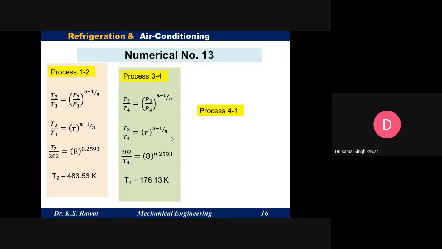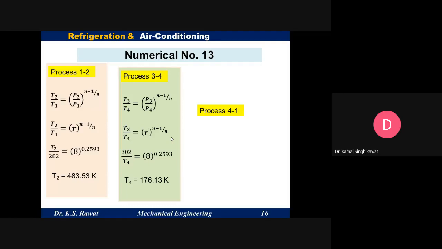So for the process 4 to 1, is the refrigeration capacity given or not? No, sir. Is the mass flow rate given? No, sir. If the mass flow rate is not given and we don't have the refrigeration capacity, we just assume that the mass flow rate is 1 kg, or we are calculating per kg of mass flow rate.